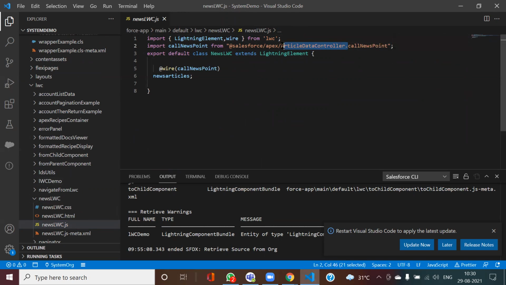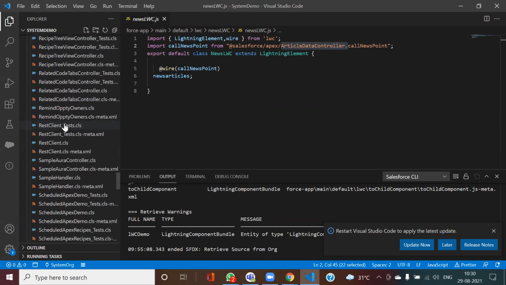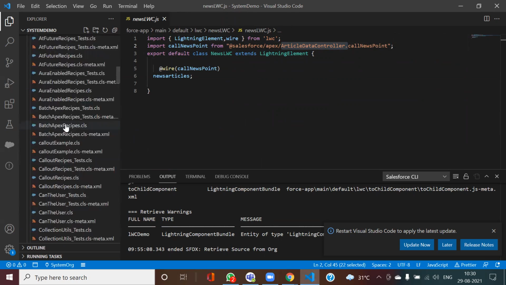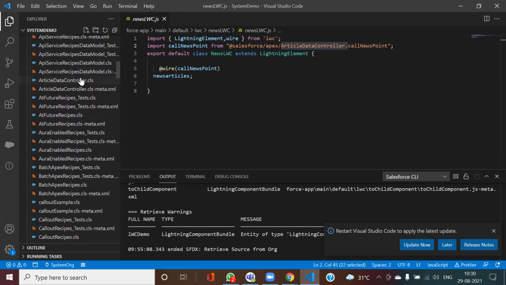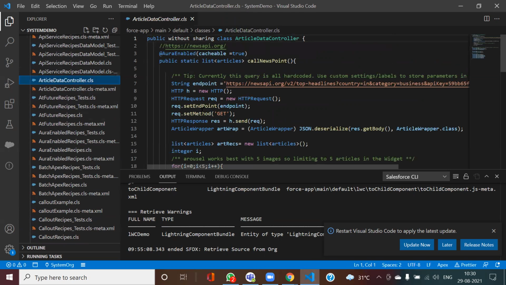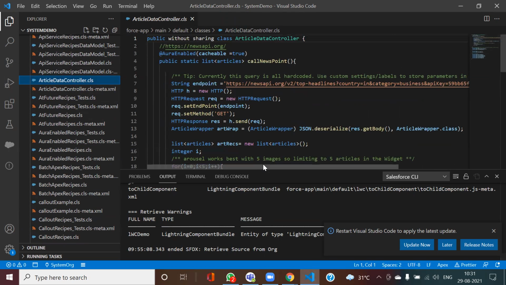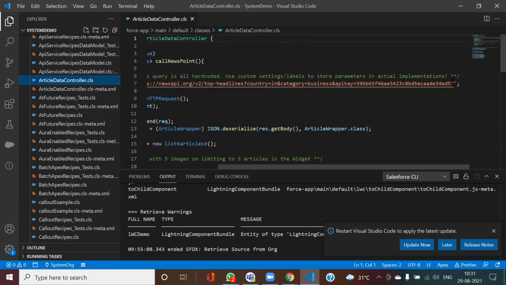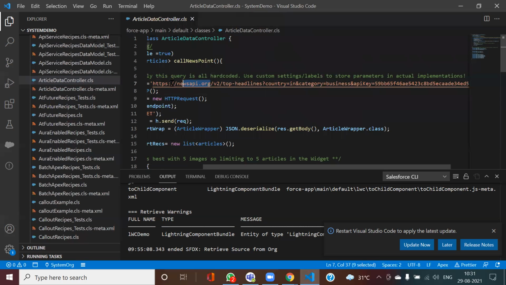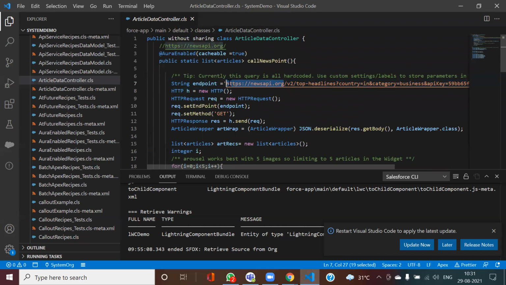If you see, I have this article data controller. This is one website where I got this API. If you log in here also, this example is not mine. I just took it from the internet for understanding.